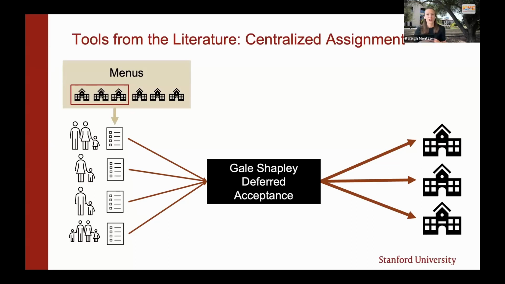we can provide what's called menus. So instead of giving families access to all of the schools, we can give them access to a specific subset. And obviously that's going to have an impact on the final assignment if you're restricting the choices that families have. And the general idea is that this can potentially impact diversity if you are, for example,